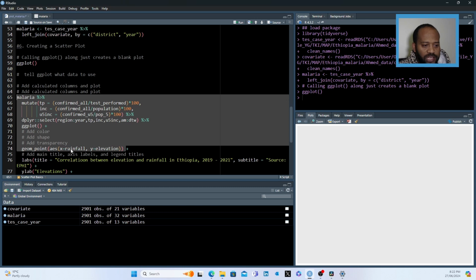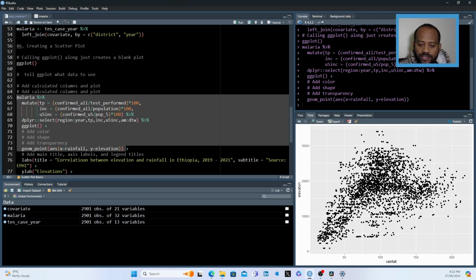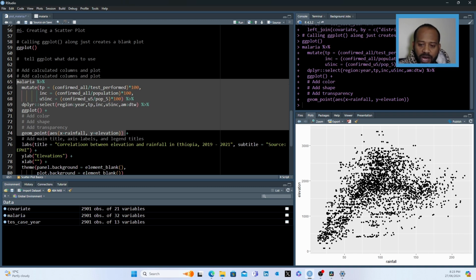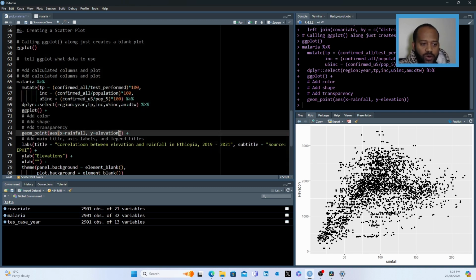I wanted to visualize rainfall with elevation. So as I mentioned, the grammar of graphics has the malaria data. The type of visualization is the geometry, which is geom point, and the aesthetics is rainfall with elevation. If I run this, I will get the relationship that looks like an increasing trend: when the elevation increases, the rainfall will increase. If I wanted to customize this by adding some color, I will add color